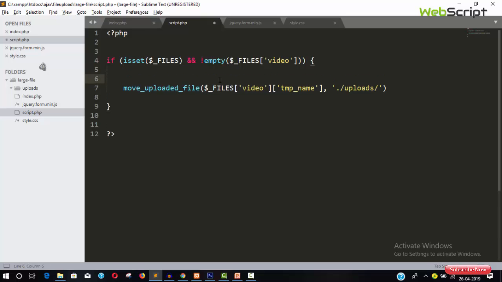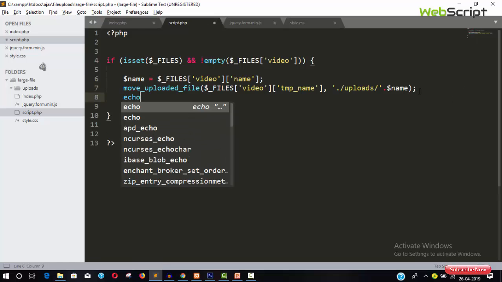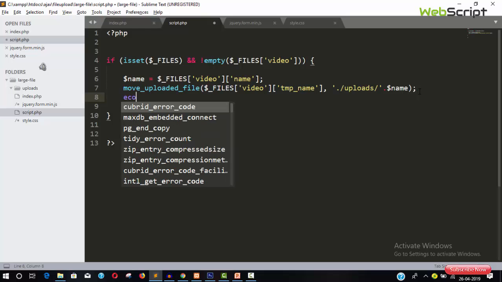I also discussed how to save the file in the database. So in the previous videos, I'm telling you again if you're getting doubts. Name equals $_FILES, and then video, and then we have finally name. Okay, so let's add this name here. Save, and simply echo